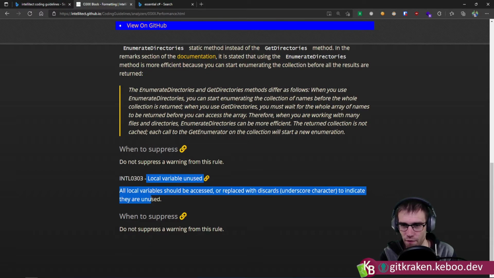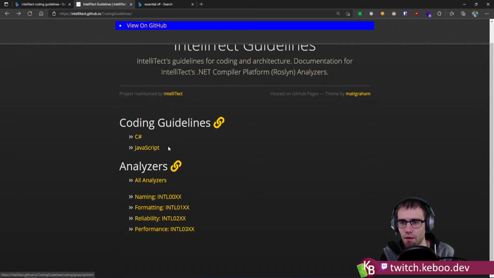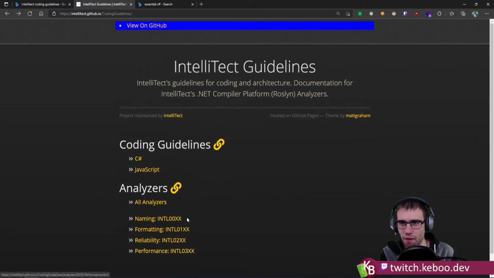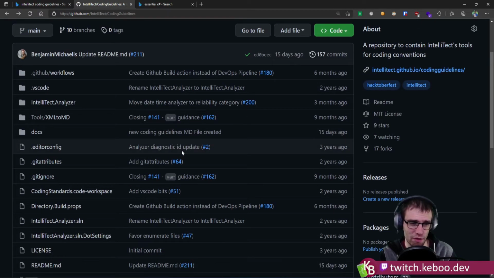And then local variable unused. If you declare a variable, use it. So yeah, we have some of them in there. If you do use them and find bugs, let us know. We've got those analyzers running on several large projects, so I will be surprised if there's too many bugs with them, but